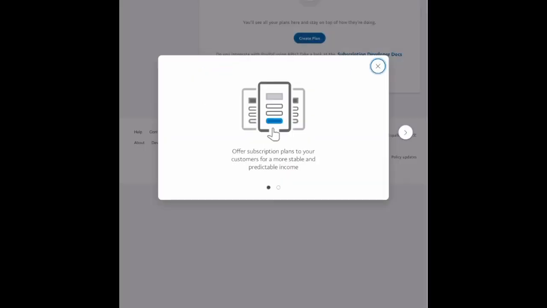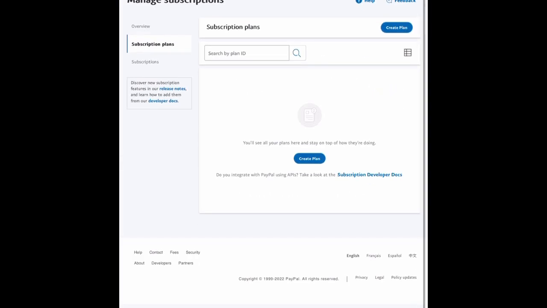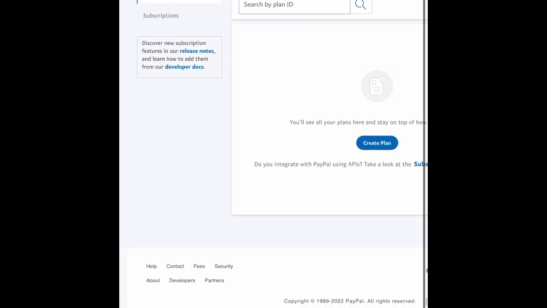So I'm going to go back to the top and click on Get Started. When you click on Get Started, this pop-up comes up. So offer subscription plans to your customers for a more stable and predictable income, which is definitely a perk to offering subscriptions. Not only does it allow your customers to have an option, but it also gives you the ability